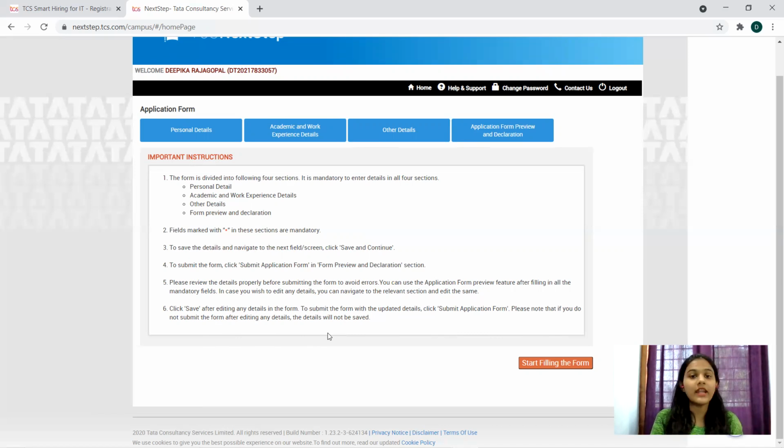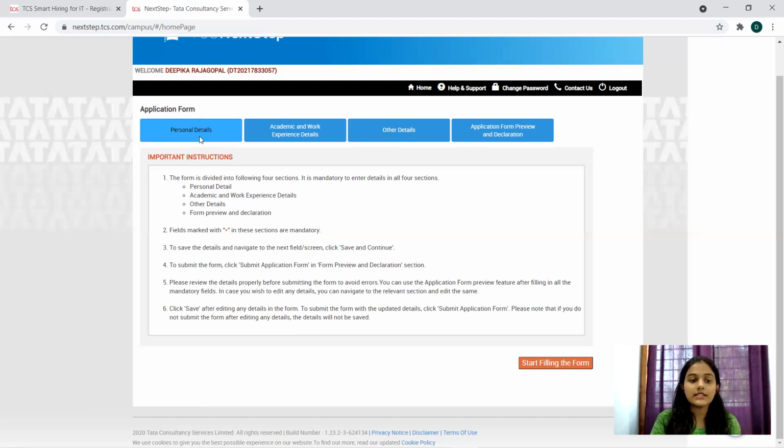So when you update, then and there you have to save and submit your form, else it will not be updated. Okay, and be mindful regarding one thing, that whatever details you're providing now must be authentic. You'll be requiring your previous 10th, plus 2, and degree certificates. I mean, you have to enter details regarding that. So keep every detail with yourself and start the registration process.